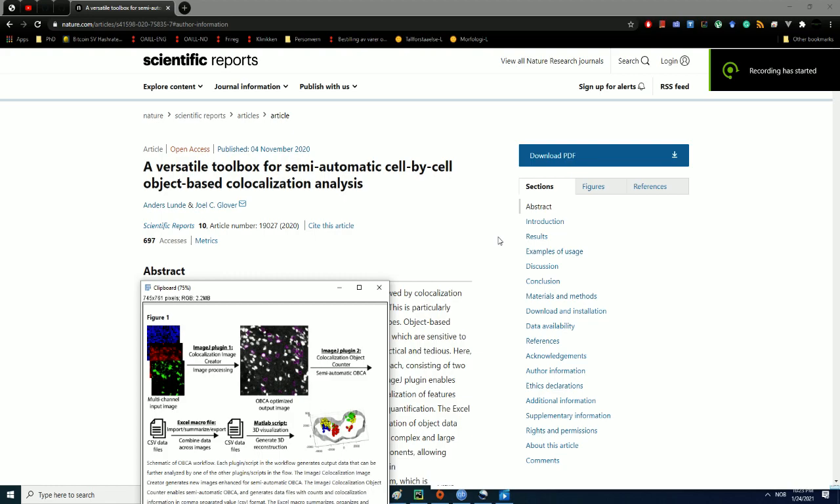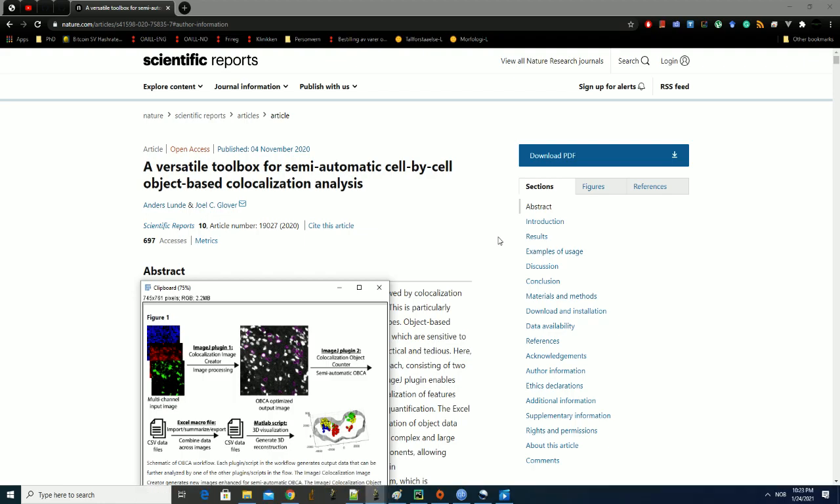Hello, welcome to part 2 of this series where I explain how to use the ImageJ Fiji plugin for semi-automatic cell-by-cell object-based colocalization analysis. In part 1 I showed you how to generate images that are more optimized for counting cells, and in this part 2 I will explain how to count the cells, how to designate which markers cells are positive and negative for, and how we can export such colocalization data into Excel and then visualize the combined